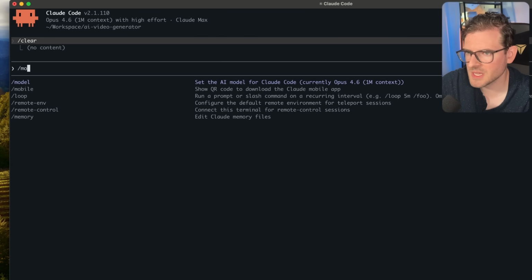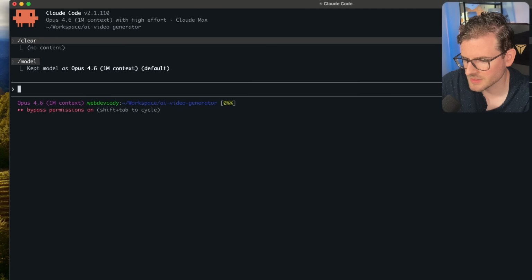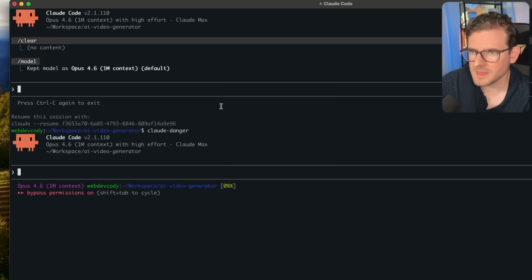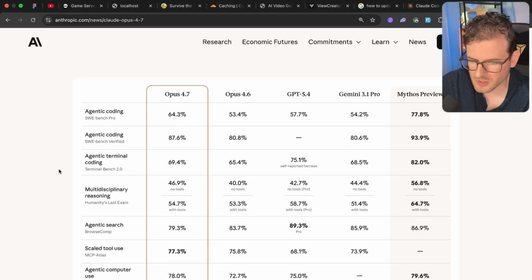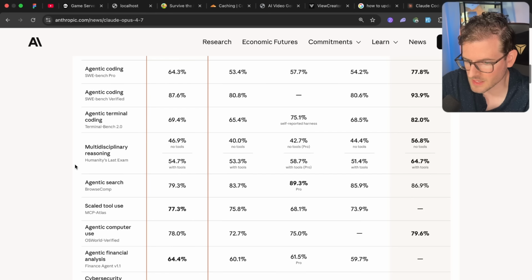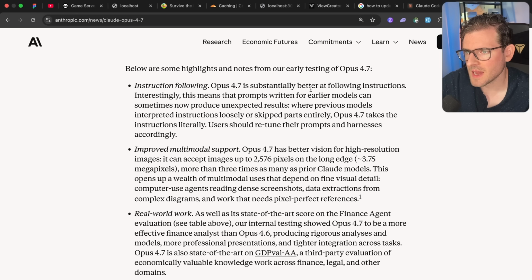I have. But the strange thing is that this is not showing up in my Claude Code instance. I'm not really sure what's going on here, but that'll probably just take some time to roll out to Claude Code. I'm guessing by end of today, it'll be available on my machine. But I want to scroll down to the highlights of Opus 4.7 and why it's significantly better, substantially better than